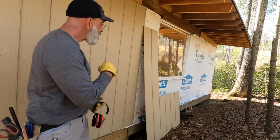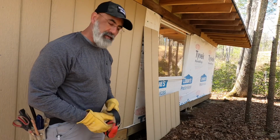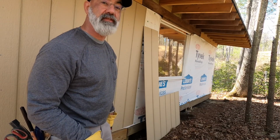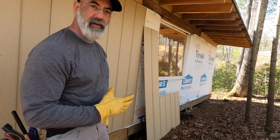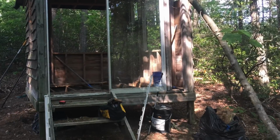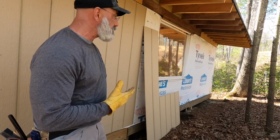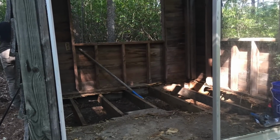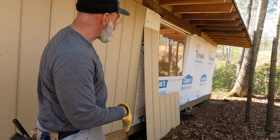So this, the original structure, and I'll feed some pictures in so people can see what I'm talking about. The original structure can't be called much more than a shotgun shack. It was an 8x8 building that somebody had put together by hand. The front was an old set of sliding glass doors from somebody's porch patio, and the floor was rotting away. This big window was sitting inside of it,